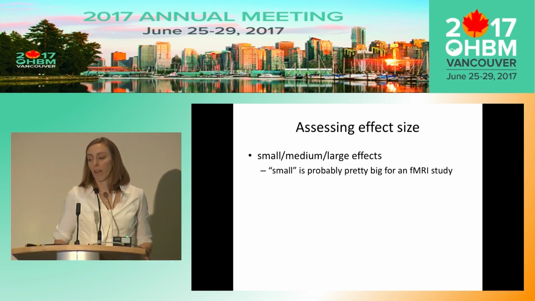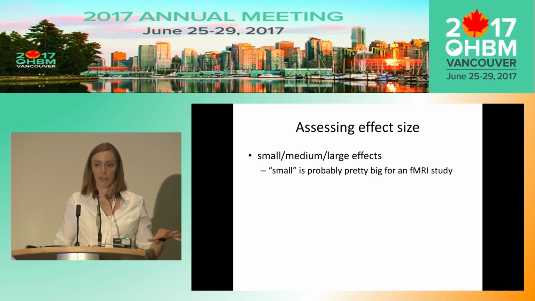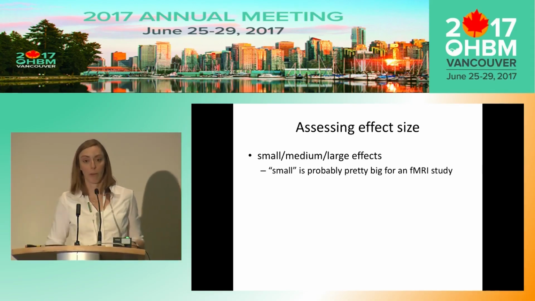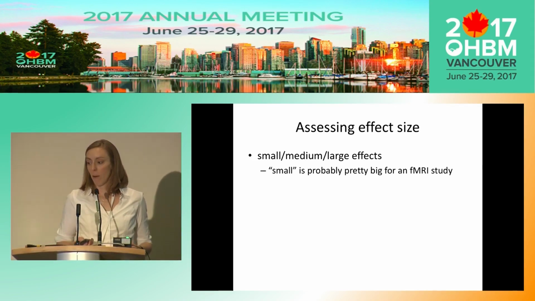There's also this idea of small, medium, and large effects. I'm not a huge fan of these categories. From what I understand, most statisticians aren't, but I can say that for most fMRI experiments at least, small is probably pretty big. So you can at least use that as a rough guideline. I know there are exceptions to the rule, because I've said this before on Twitter, and I was told that somebody did have very big effect sizes, so I'm sure it's possible. I know in certain vision experiments, you can really crank up the BOLD response. But for most of the studies I've worked with, they're very tiny.